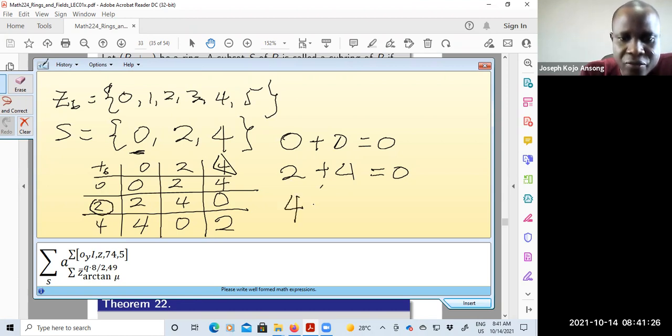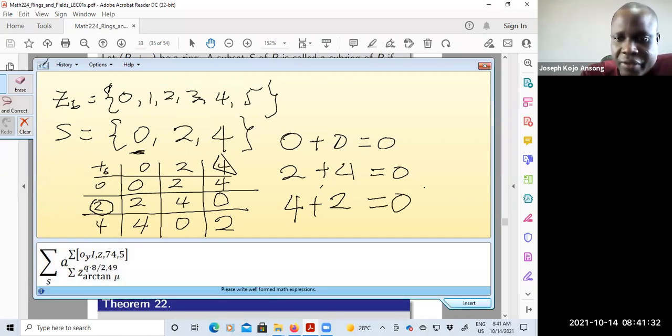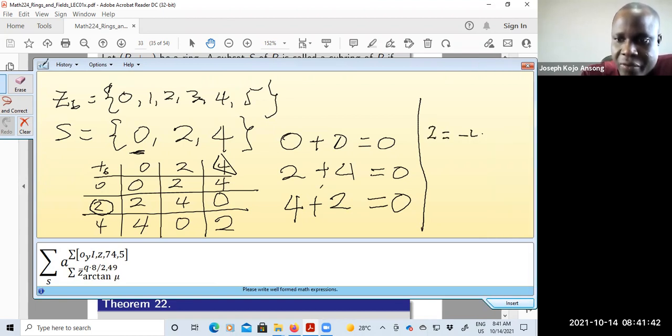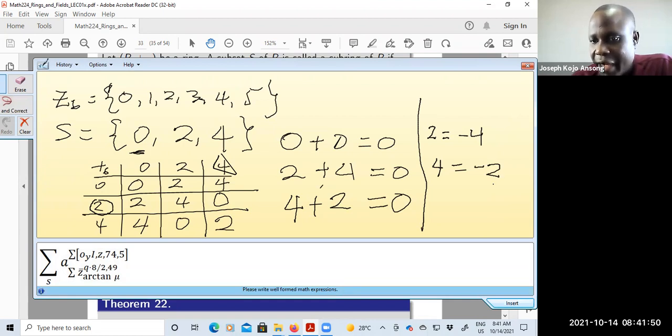Also, you see that 4 plus 2 is equal to 0. Okay, so of course, what this means is that under this set here, 2 is the same as -4, right? And then 4 is the same as -2. Okay, so -2 under this set here will be 4, and -4 under this set will